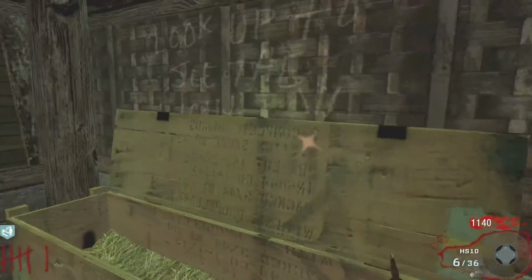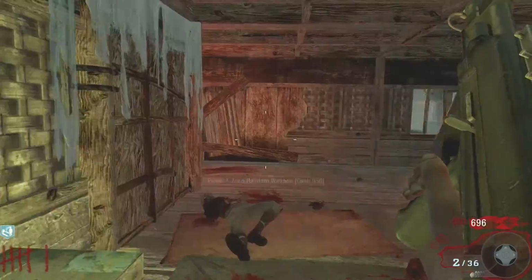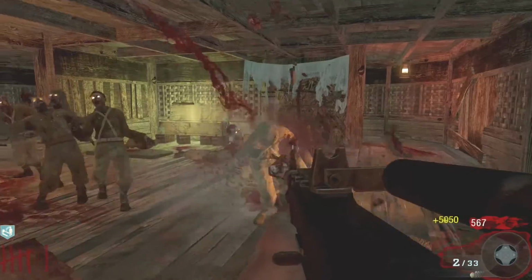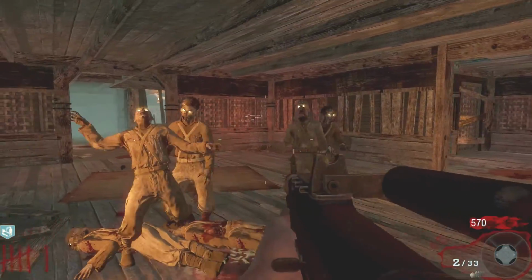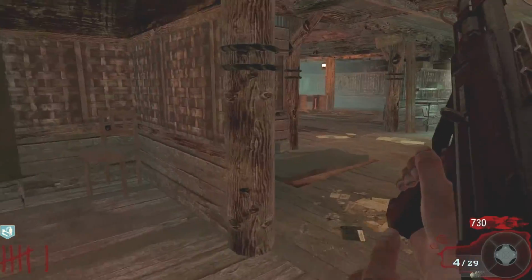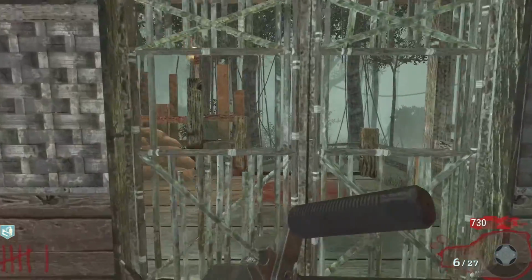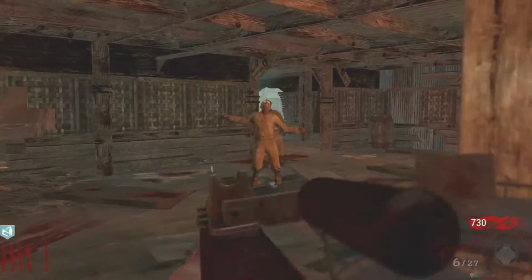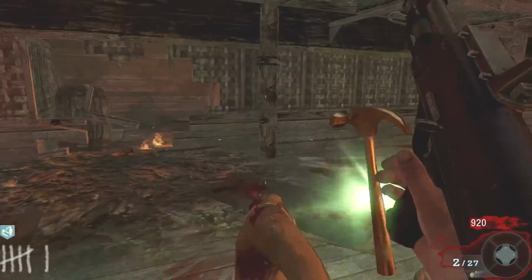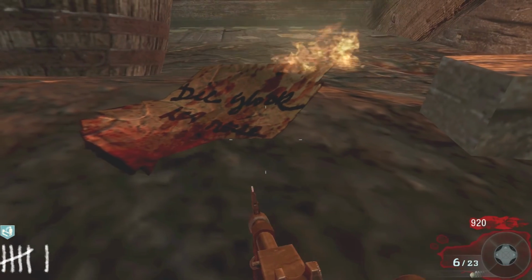Verrucht was their main research facility, and so was this, but Riese was their main experimentation place. So they took over here, and you can see a lot of torture weapons, a lot of experimentation tools. I can't even say that word. And when we actually play this map, we play Richtofen, Dempsey, and Takeo,